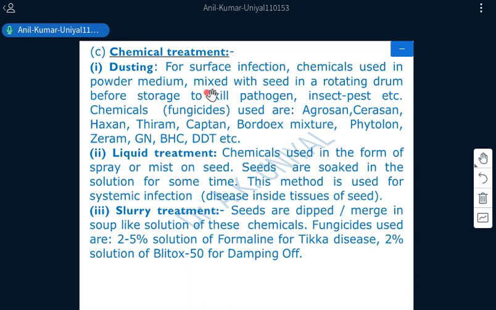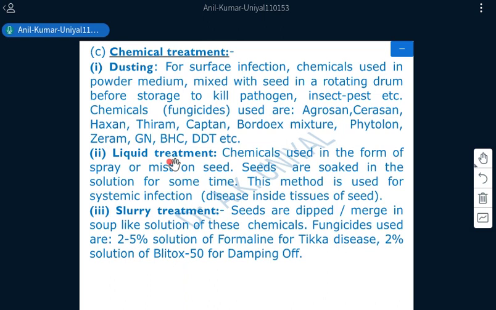The powder is mixed with the seed in a rotating drum before storage to kill the pathogen, insect pest, etc. Chemicals or fungicides used in this method are agrosan, ceresan, hexan, thiram, captan, bordeaux mixture, phytolone, zerum, BHC, DDT,